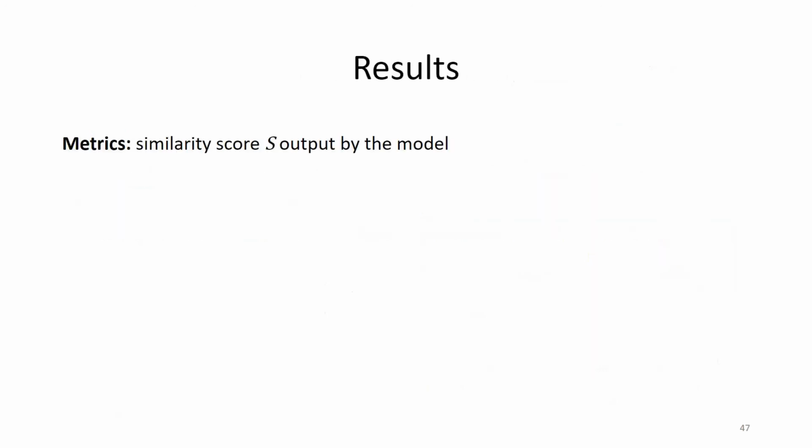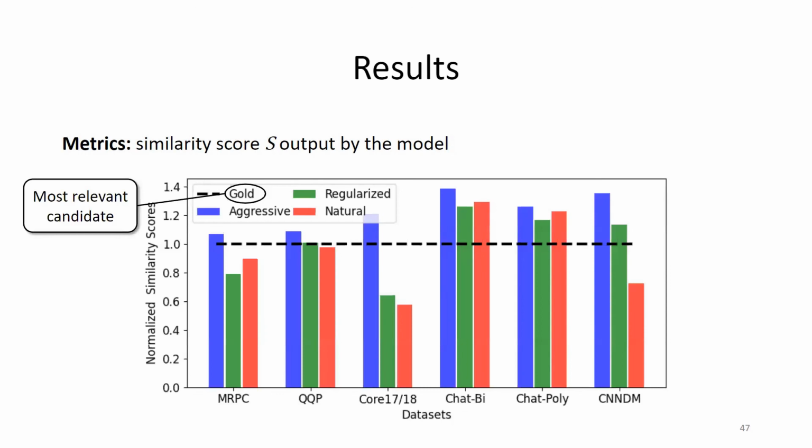And here are our results. We report the similarity score output by the model computed on the input and their collisions. We also compare the scores of collisions to the most relevant candidate in the dataset, the ground truth. So in the black dashed line here, we show the similarity scores computed on the ground truth for the input. And in the blue, green, and red bars, we show the similarity scores computed on aggressive, regularized, and natural collisions,